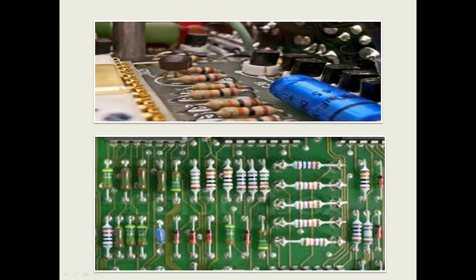This is another motherboard representation of resistors. You can see there are plenty of resistors. They are arranged in series and parallel combination. This is a parallel combination of resistor indication, and here you can see the orange arrow indicates that a green color resistor is in series with the diode. These two are in series. Similarly, this resistor is in series with this.